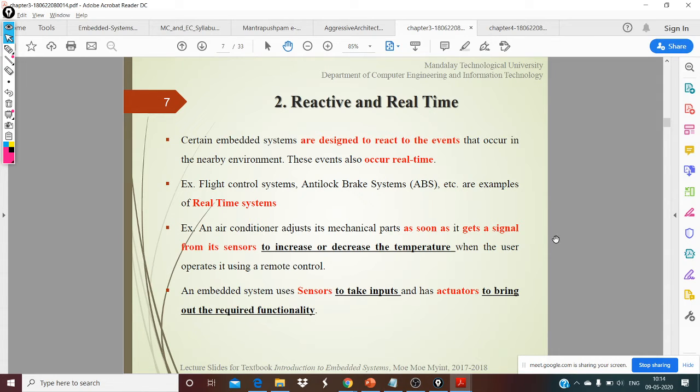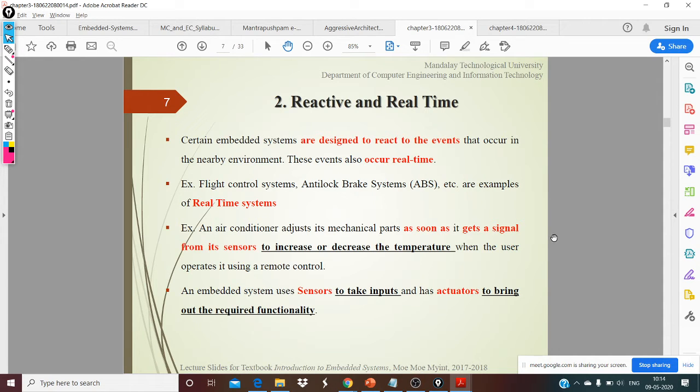Reactive, if you consider a washing machine, when we lift the door, it suddenly stops operation. Beautiful, very good. So it reacts to some action. You have a sensor somewhere. Thank you, Girish. You have a sensor placed, and that sensor will keep detecting any particular change. Once the sensor gets triggered and the control unit gets the input, it's going to react to that. A very good example of a washing machine.